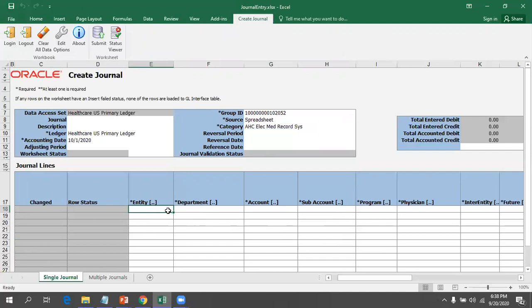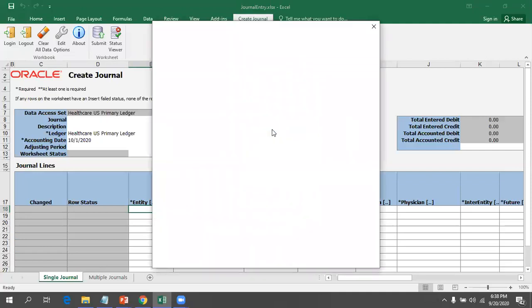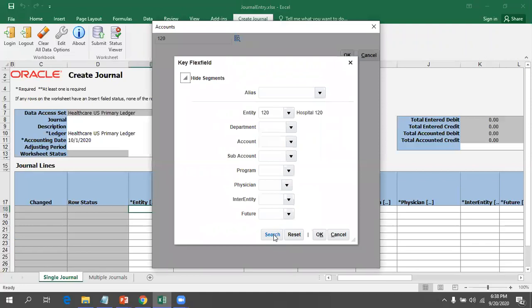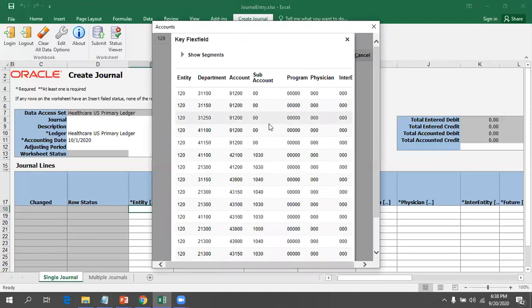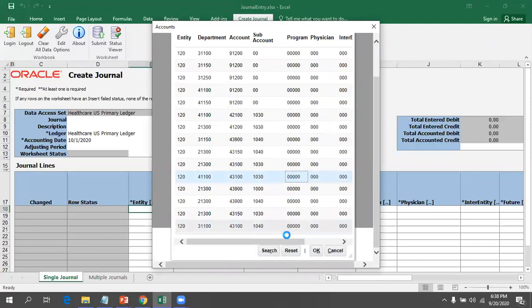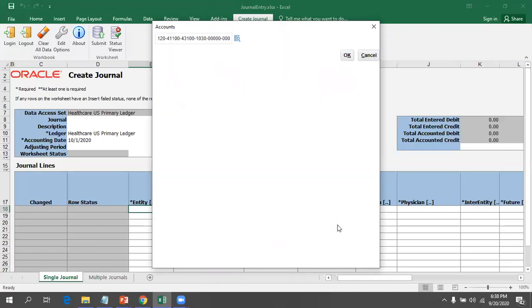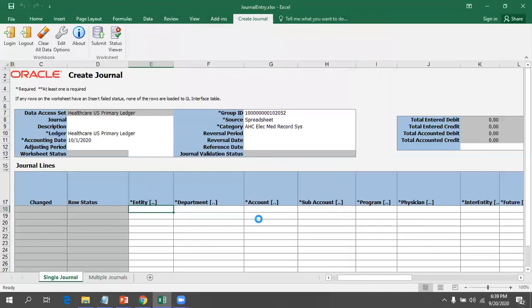I'll just double click on this particular cell. Okay, so it will open a pop-up and it fetches the real data from your particular instance. I'll just enter some particular data so that it will validate and get me the list of values. If it is available, I'll click on search. These are all ADF components which are based on the MVC architecture. Okay, select a particular record. I'll just click on OK.